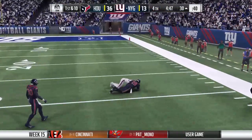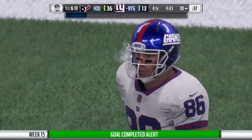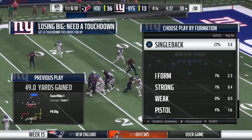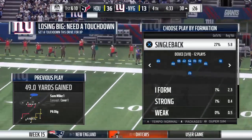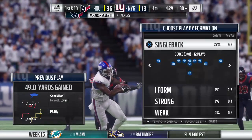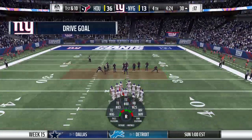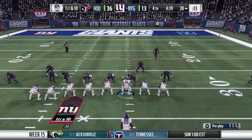And that's caught inside the 35. It's a big-time play there for the G-men. 49 yards. And at this stage, down in the second half, looks like they just wanted to find a way to get it in the hands of their playmaker, and they did. I think you're exactly right. I don't think the coordinator's looking at his play sheet and trying to figure out which play will work well. He's trying to figure out how to get the ball to the playmaker that you just described. Looking down at that sheet, you find people plays, not necessarily X's and O's,